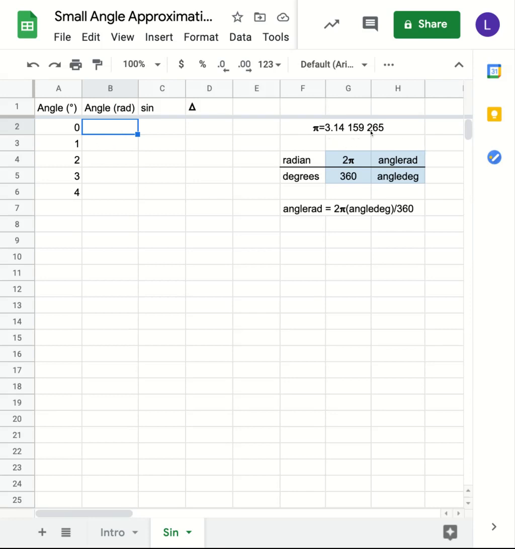So we have a very precise value of pi over here. And we have radians to degrees, the ratio of radians to degrees. So 2 pi radians is 360 degrees. The ratio of the angle in radians to the angle in degrees is a constant ratio. So solving for the angle in radians, cross multiply, we end up with 2 pi times the angle in degrees divided by 360. So we type in equals 2 times pi, which is